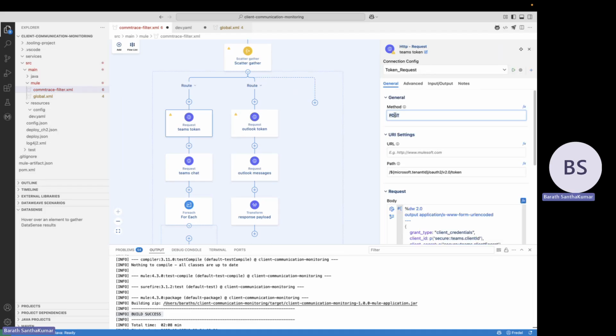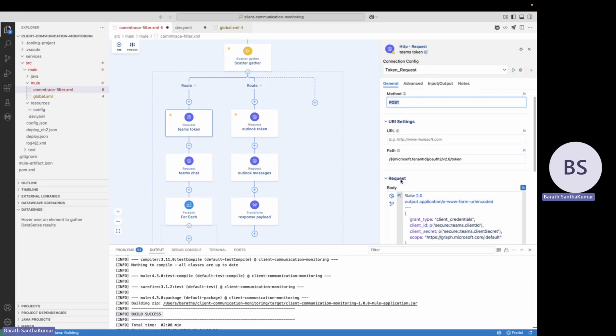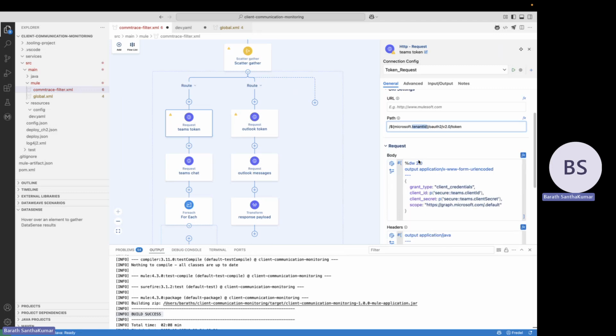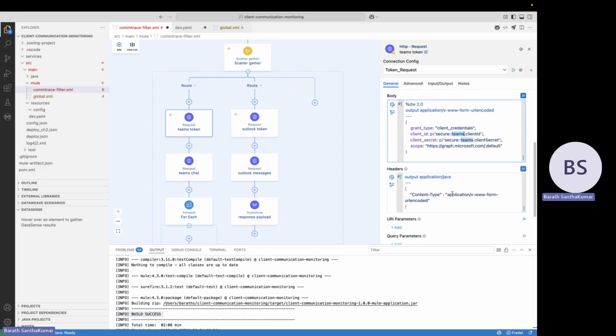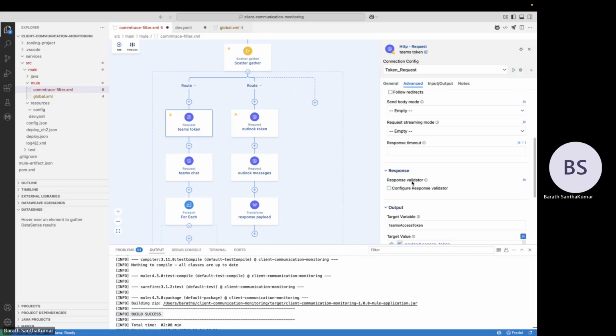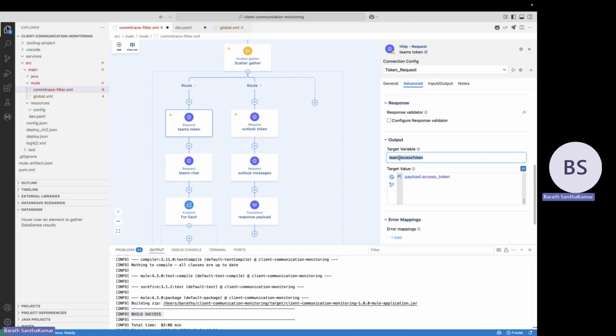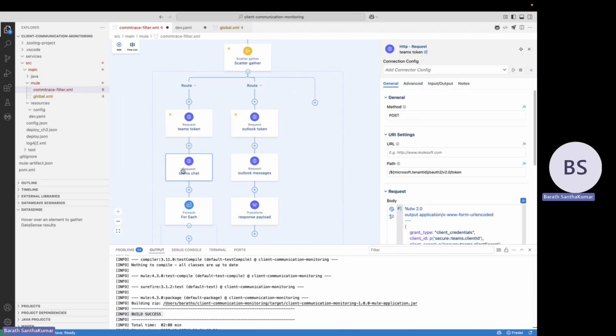In Teams, to authorize and get the token, we have used an endpoint called token, where we feed the tenant ID, and in the payload body we give the client ID, client secret, and the scopes required, and in headers we give the required content type. The output from this is stored in a target variable called Teams access token, which is used in the next step